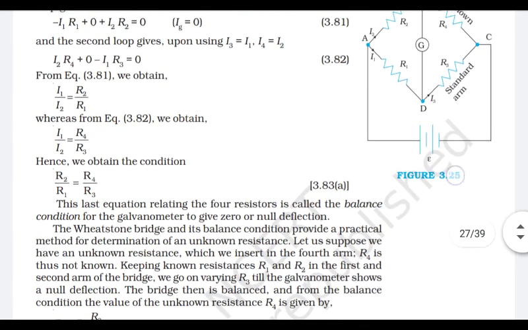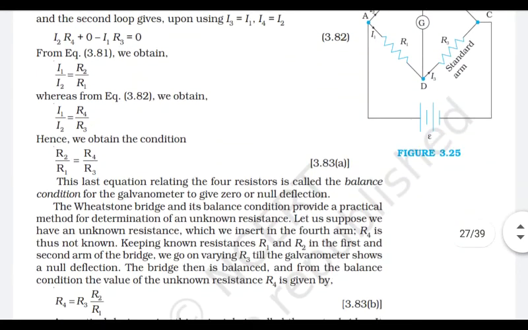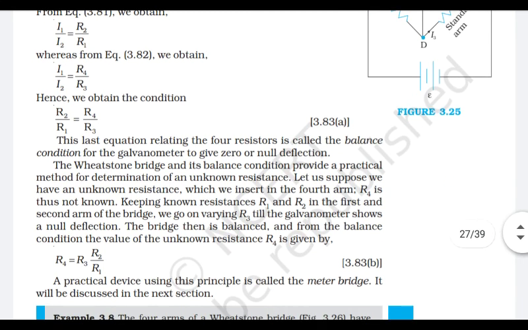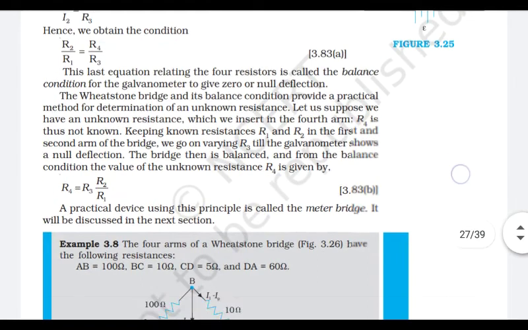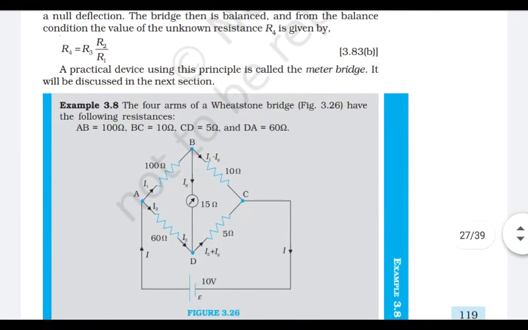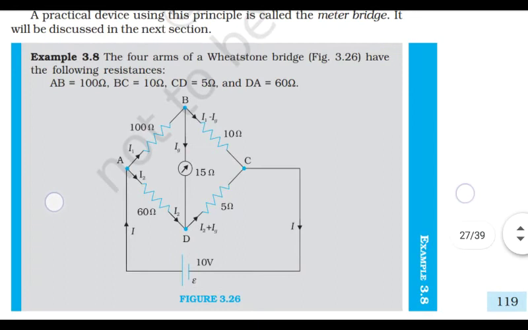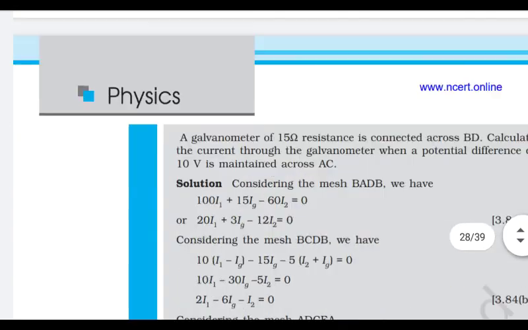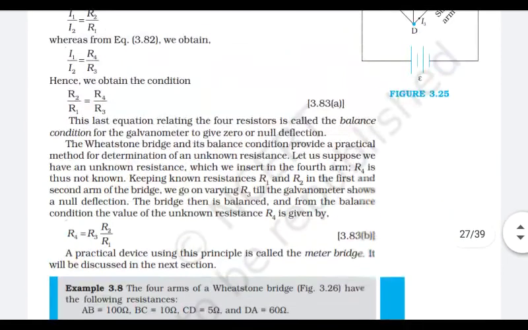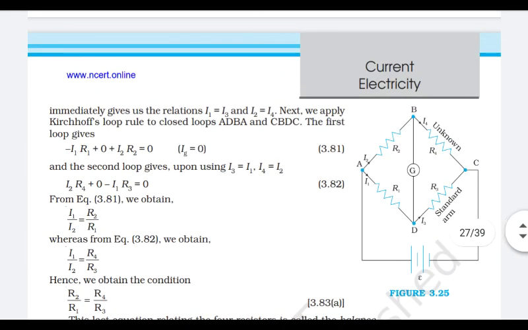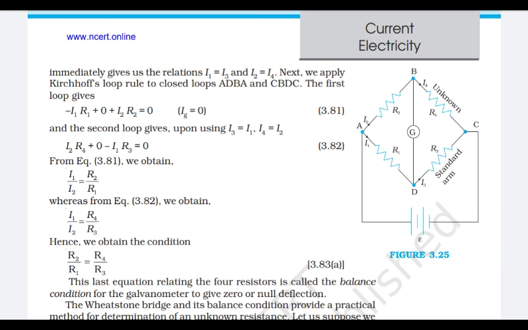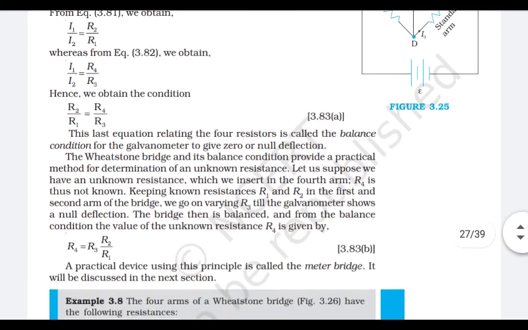So as we said, R4 is the unknown resistance. From this equation we rearrange, and we get equation 3.83, R4 is equal to R3 R2 upon R1. R3, R2 and R1 are known resistors. And how to use it? This is one of the examples you can see in the diagram. The values are given and the unknown resistor has to be found. So either you can use the direct formula by putting in equation 3.83, or go the longer way, using Kirchhoff's rule, because in the exam they will ask you to use Kirchhoff's law to find it. So you cannot use the principle directly.